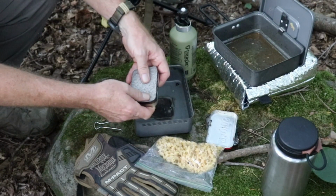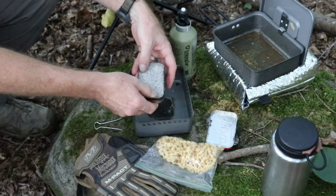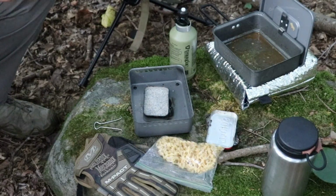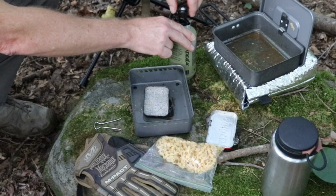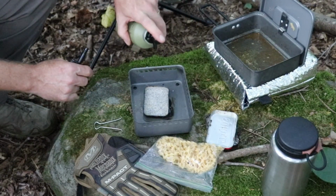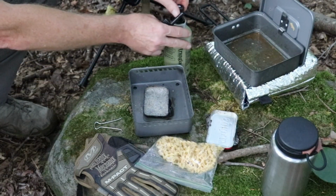I'm just going to go ahead and push that down in there. And there is an inner lip to the Altoid tin, and that should hold it in place. And we're going to see how this works. And if it doesn't work, I'll take it off and I'll use it without. But I thought it was a brilliant suggestion. And right off the top of my head, I can't remember who suggested it, but there was just one suggestion. So if you look through the comments, you will be able to see who that is on my Perlite stove